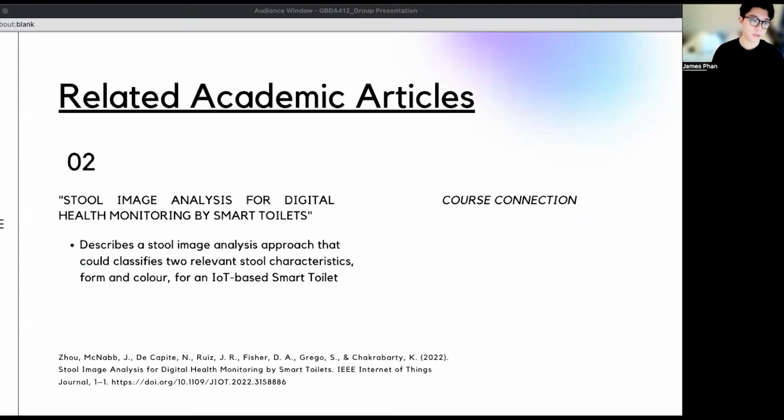So in the second article, I look at the stool image analysis for digital health monitoring by smart toilet. The stool appearance is valuable for intestinal health assessments because of two characteristics, which are form and color. A technology that integrated sensors in the toilet plumbing, where they are not visible to users, can be used to capture images of the user's stool, which is related to one of our features, where the toilet will detect user identification through our application every time the user stool detection process begins by capturing the images,